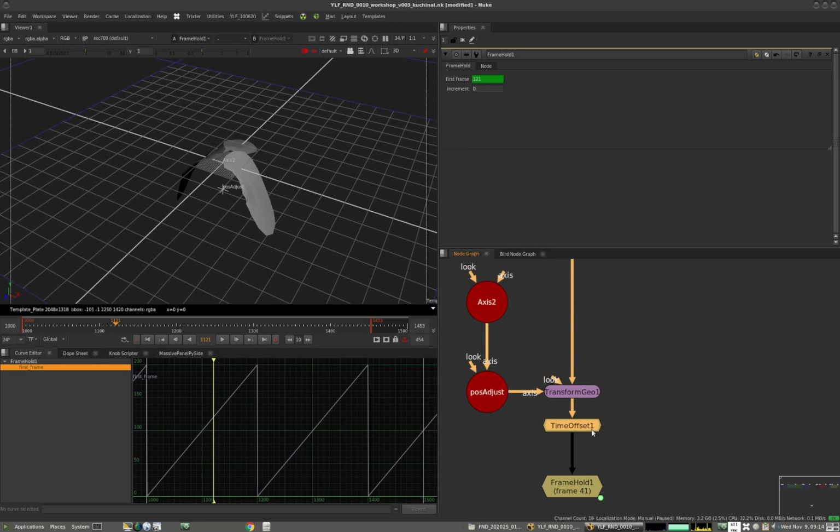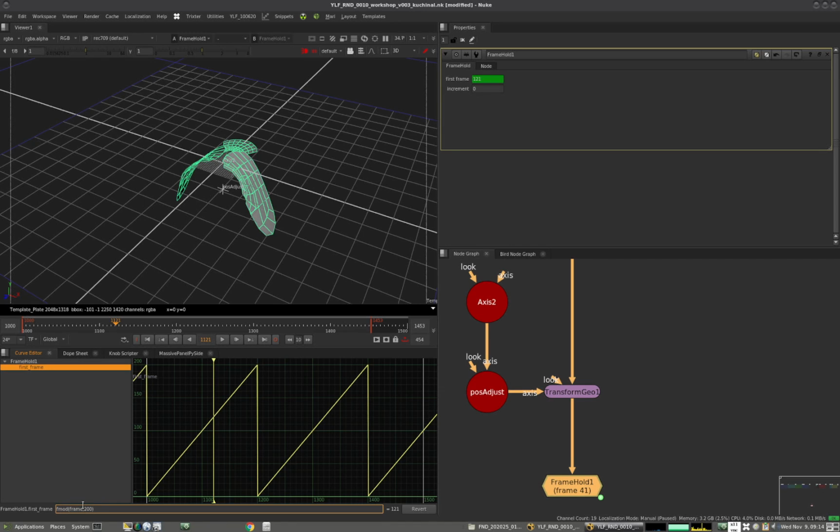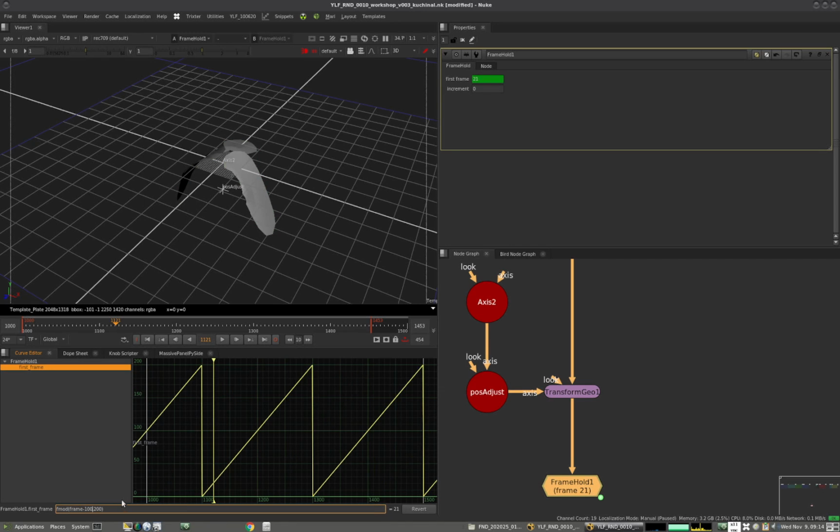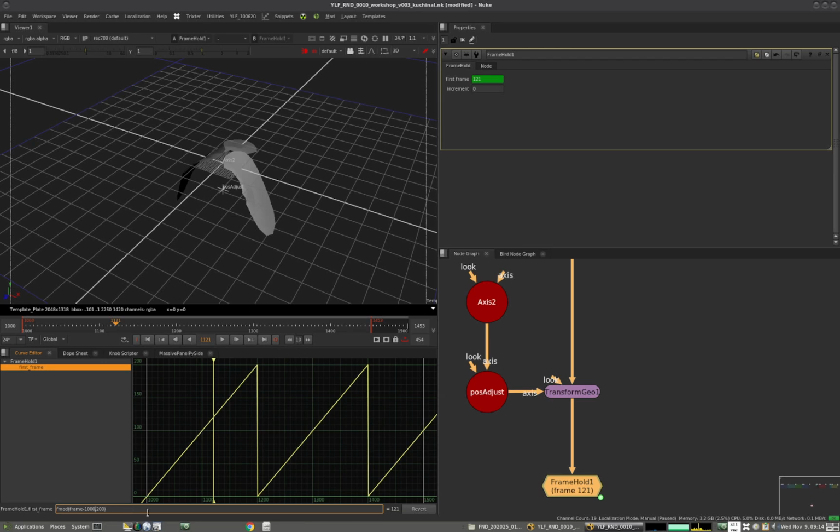Okay, but kind of like, well, why? I can just go here inside of this expression and I will say frame minus 1000 and then fmod 200. And now my loop is from 1000 to 1200. Easy, right? Okay, good. Then the one thing that I kind of like have to fix is,